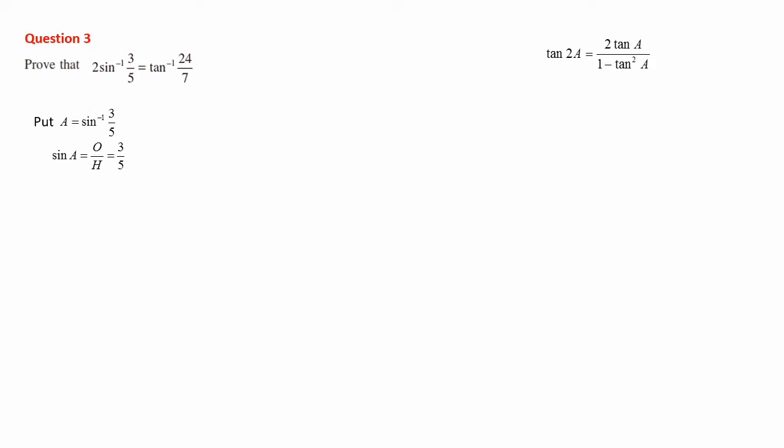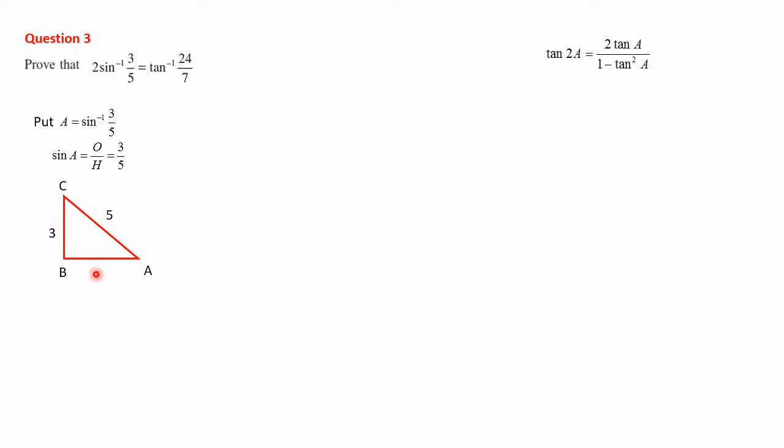A is equal to sine inverse 3 by 5 means we can calculate sine A. When we take sine inverse to the left side, sine A is equal to, as we know from the trigonometric ratio formula, opposite side by hypotenuse, that is 3 by 5. As before, let's take a right angle triangle ABC, and our angle is A because sine A is with us. With respect to A, opposite side is BC, and hypotenuse is the longest side, that is AC. So let's mark these two measurements. Opposite side is 3 and the hypotenuse is 5.